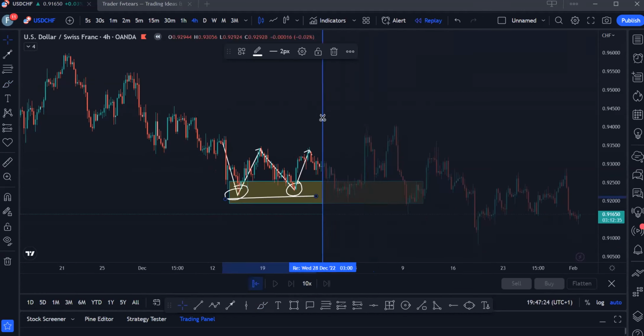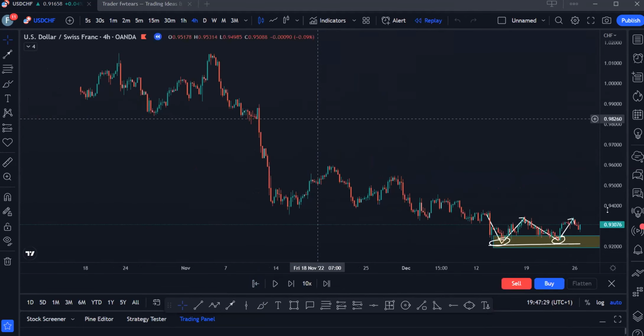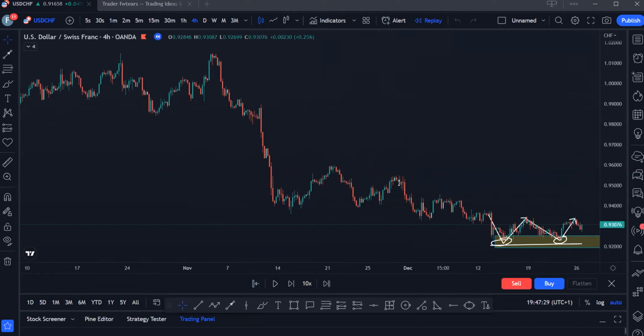Let me make this a bit realistic for us, so let's use this bar replay. We saw that price reacted at this zone twice. So that's why we are